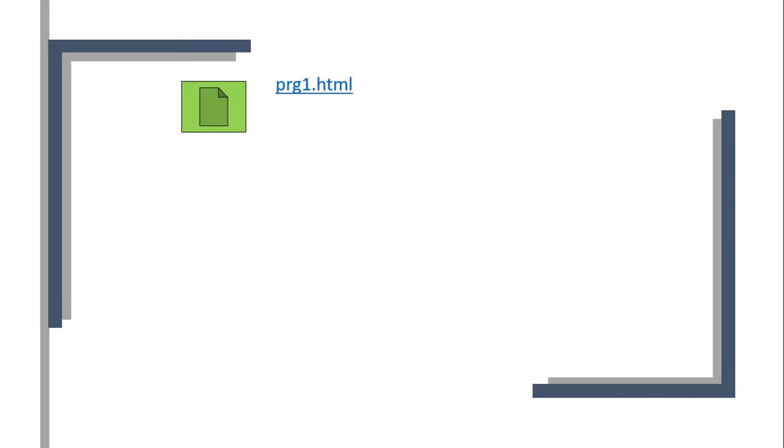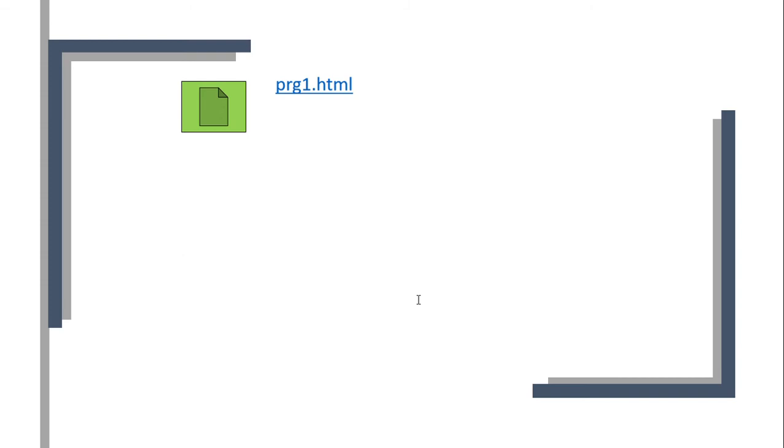Now we have written one program in Notepad, that is prg.html. Within that we start with the exclamation mark, DOCTYPE html.